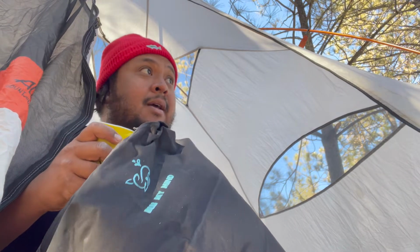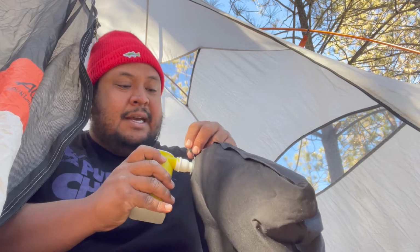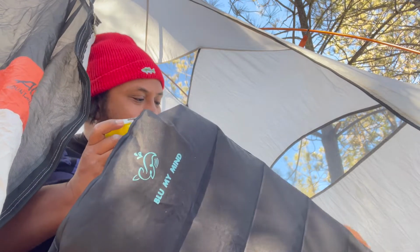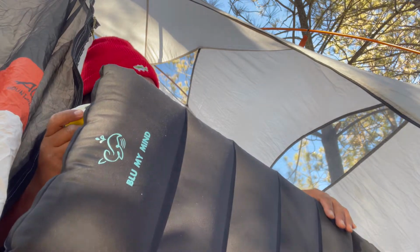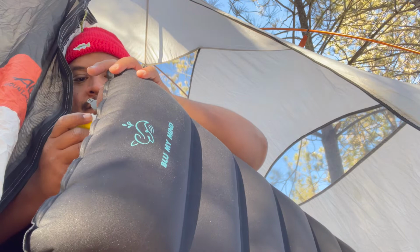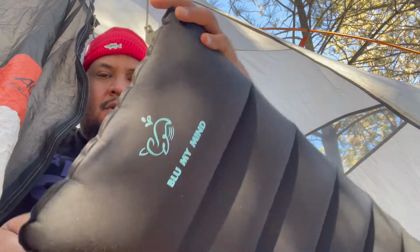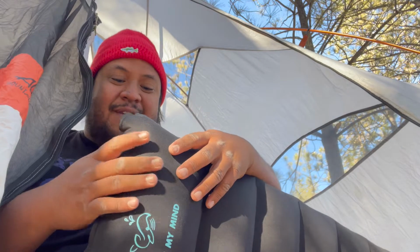I usually hate blowing this thing up because I have to blow it up like, but yeah, this thing's trucking. Oh, okay. I'm loving this thing. Usually I'd have to sit there like,